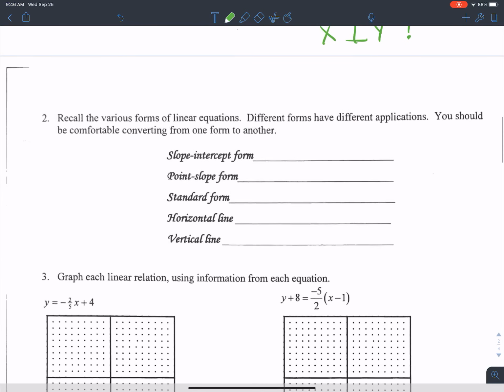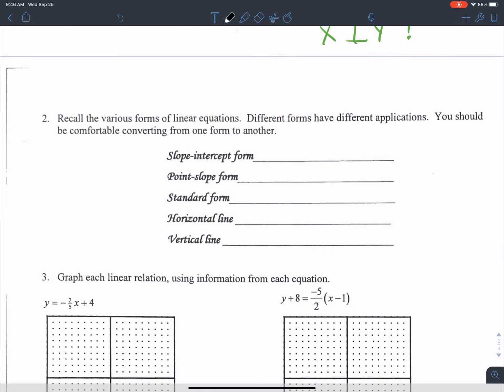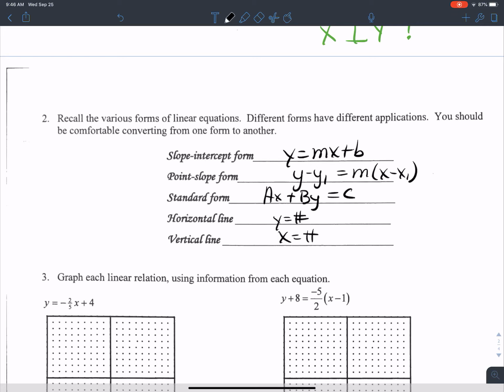So then just moving forward, we just want to remember the different forms of a line that there are. Slope-intercept form, y equals mx plus b. Point slope form, y minus y1 equals m times x minus x1. Standard form, traditionally a capital AX plus BY is equal to C, and we just did the horizontal and the vertical lines,